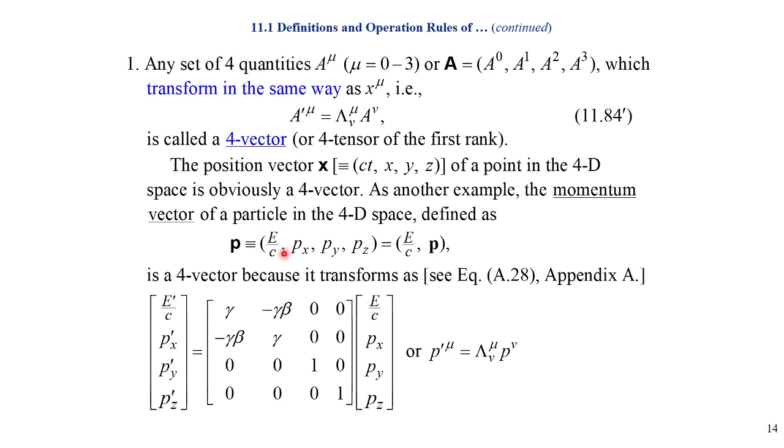How do you know? We should have the same dimension. So E over c has the same dimension as momentum, so the E over c dimension is correct. But why not 2c? If we use 2c, it's the same, right? It should be the same. But why do we use E over c only? Okay, because E over c is simple,